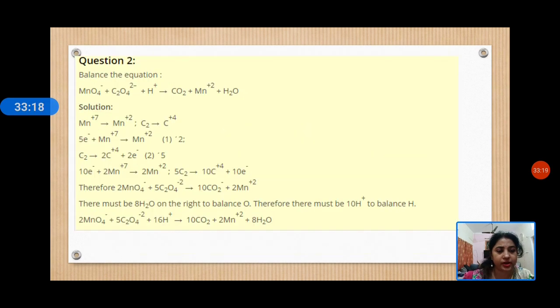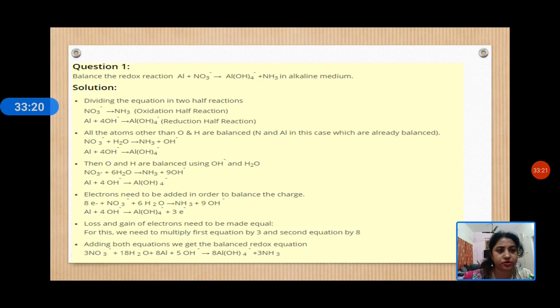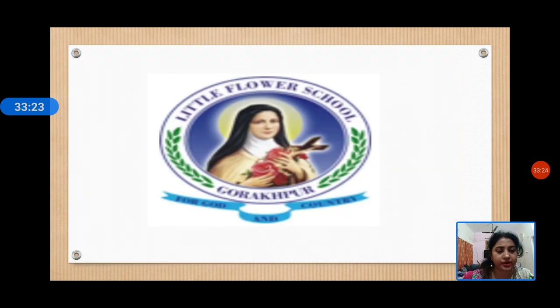If you will require more equations to balance, I'll provide you whatever is given in your book. Okay, whatever that is also sufficient. Whichever reactions are mentioned in your book, if you will be able to balance those reactions, you will be having clear understanding of balancing steps. And if you will like to practice more reactions, I'll provide to you more reactions which you can practice for balancing the redox reactions by both the methods, oxidation number method and ion electron method.